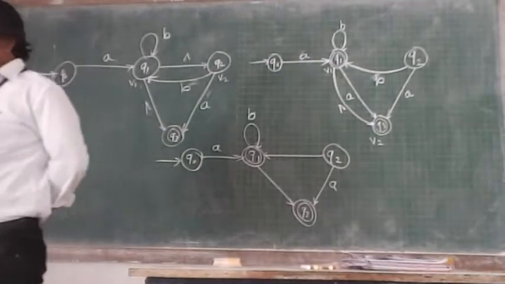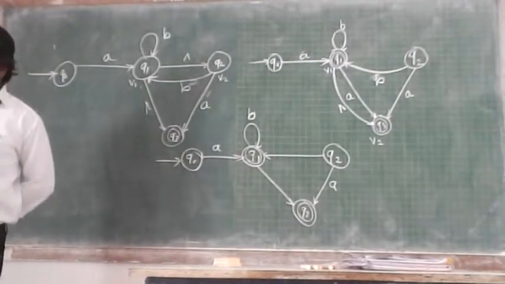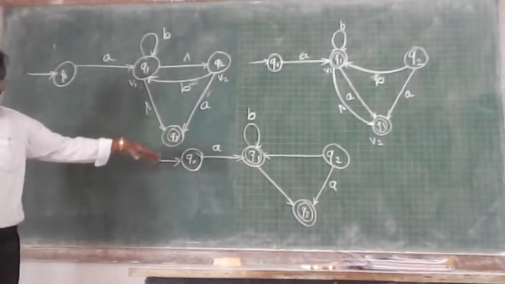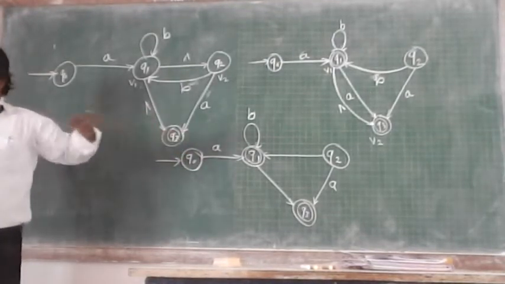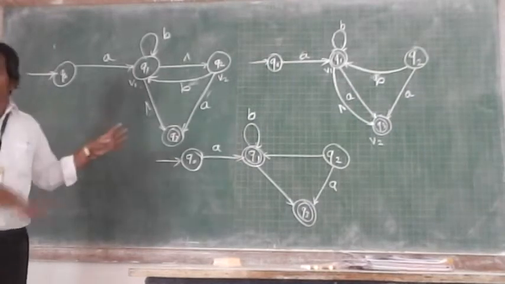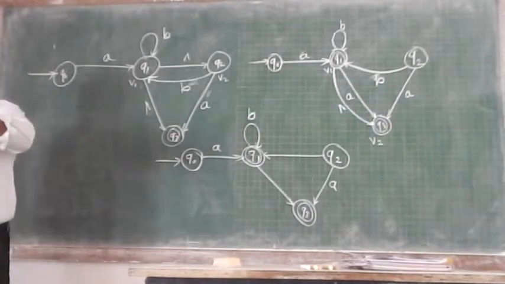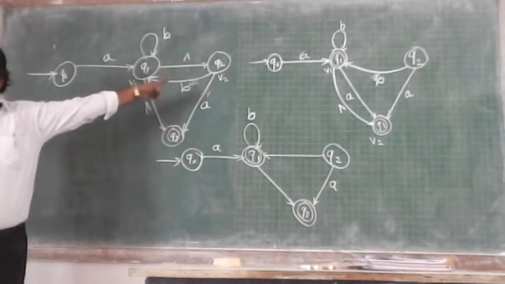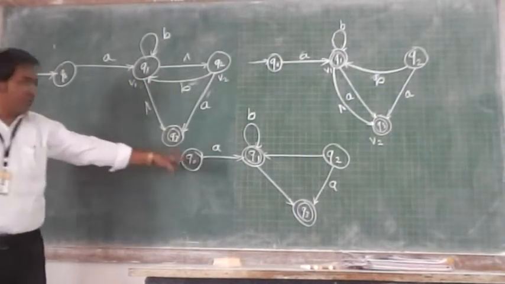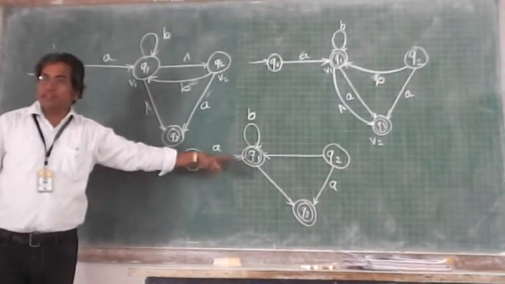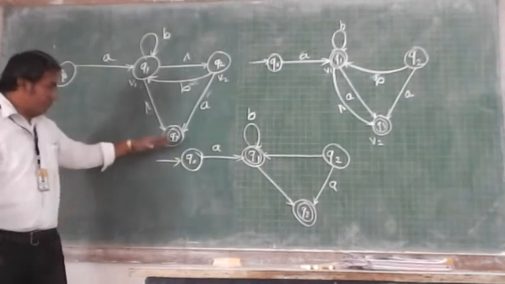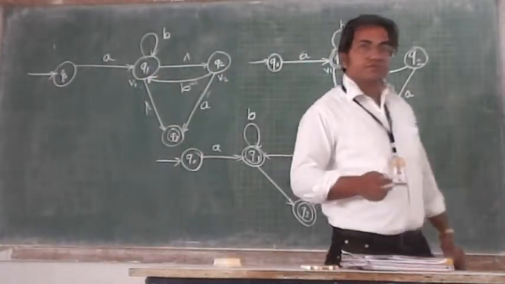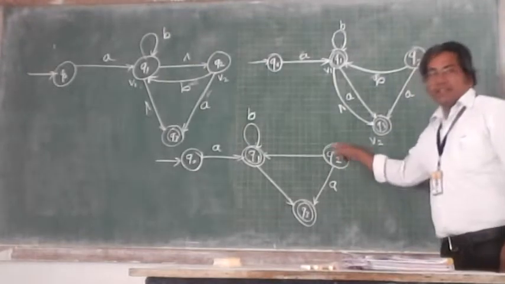So what happens in the next step? This Q2 will automatically get removed because it does not have any significance. But we won't remove it. Okay? What the examiner asks you is just to remove the nulls from the given diagram. You keep it as it is. In the further process, this Q2 will automatically get removed, because it does not have any significance.